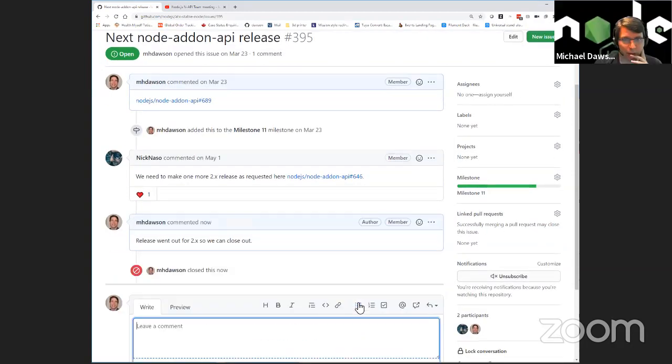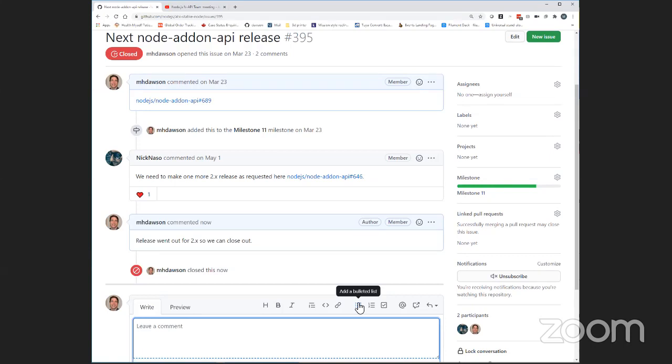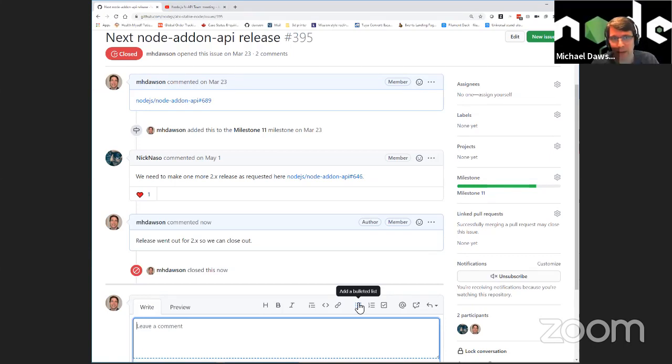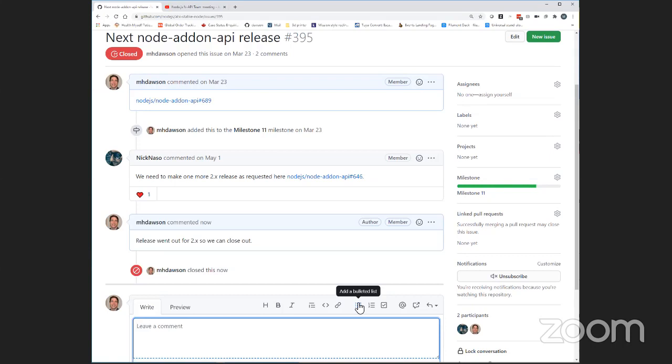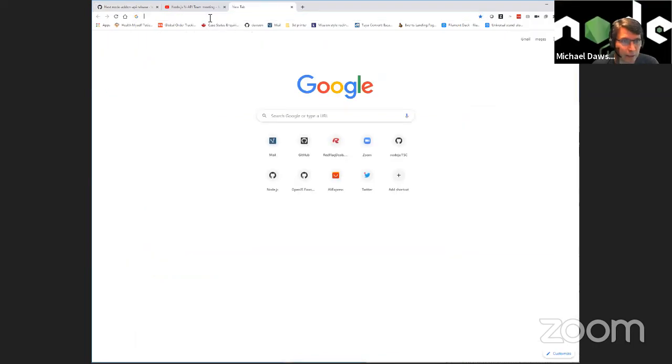issue. Perfect. Okay. I guess related to that, we should think about when it would make sense to do the next 3.x release. We should probably think about that because last time we might have waited a little bit too long. Maybe we released 3 months ago, if I'm not wrong. Right. Let's just take a look.